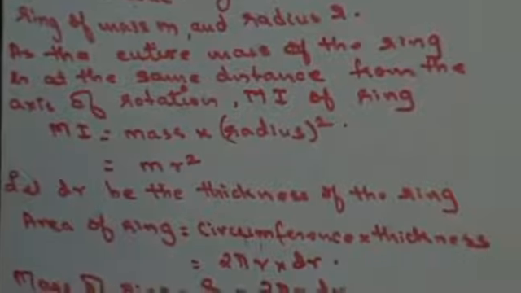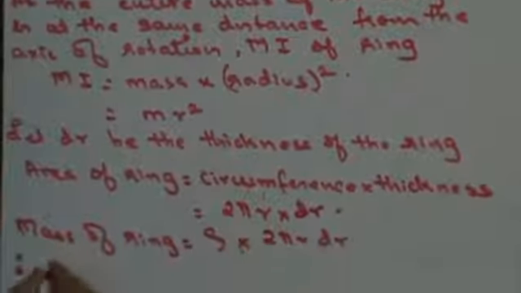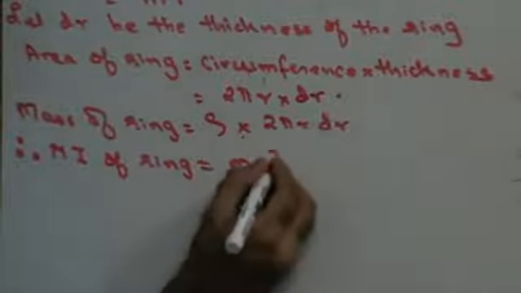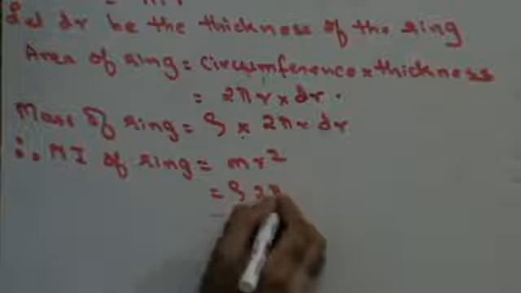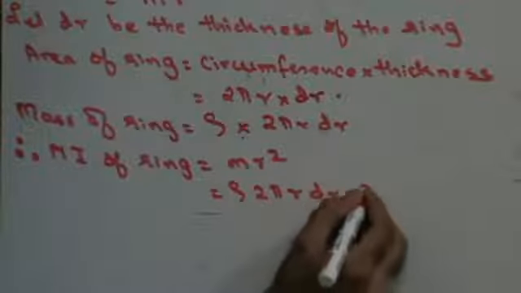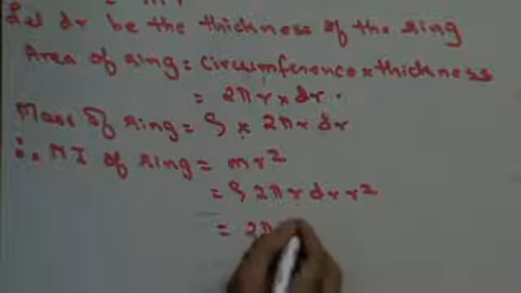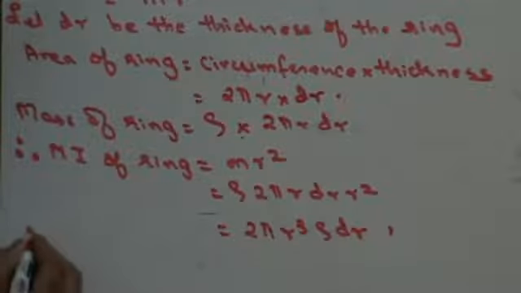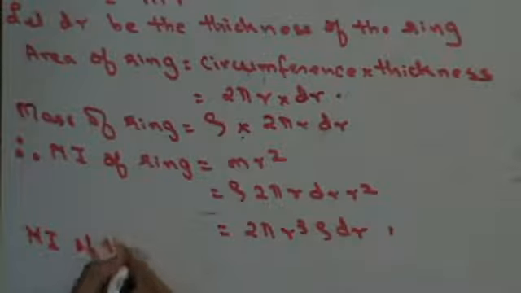Now, in that case, I can therefore say that moment of inertia of the ring was m r square. m we found out as rho into 2 pi r dr, into r square. So this is 2 pi r cube rho dr, right? Once I have this, then I can say this is the moment of inertia of the ring. The disc can be considered to be made up of multiple number of such concentric rings. Therefore, I can say that moment of inertia of the disc